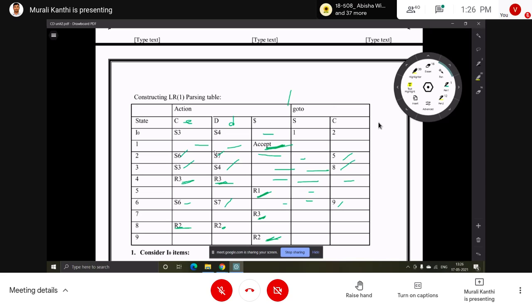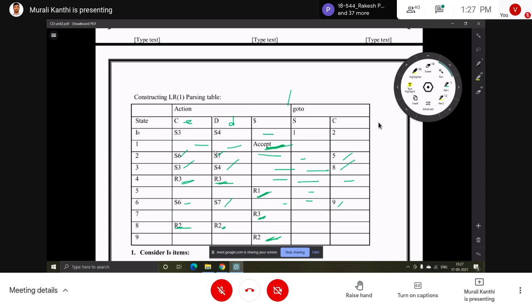Here in CLR, while constructing the item sets, the closure of LR(1) item sets, the lookahead symbol is calculated.